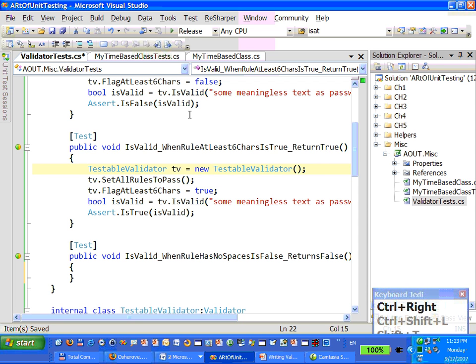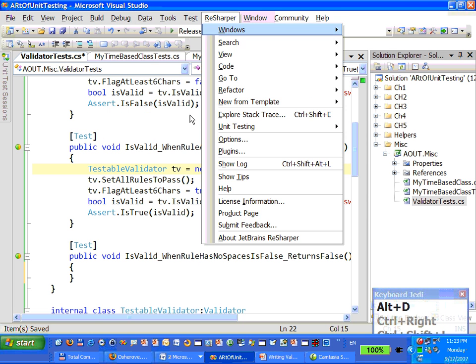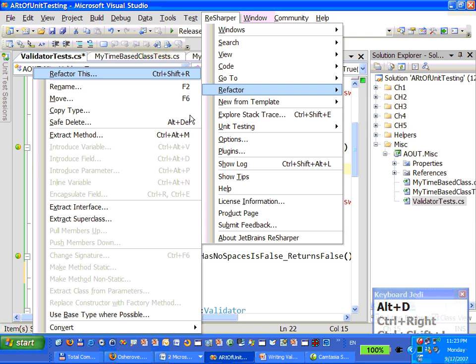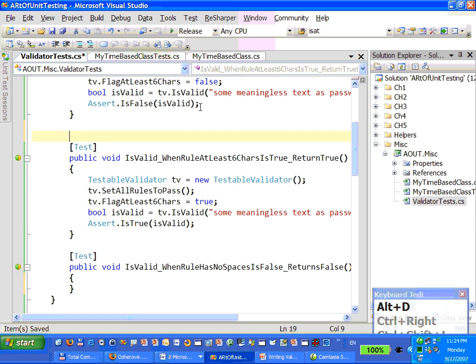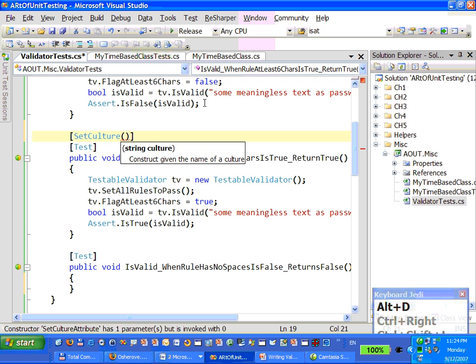So I'm going to actually say resharper, refactor, and convert. Oh, never mind that. Let's say here setup